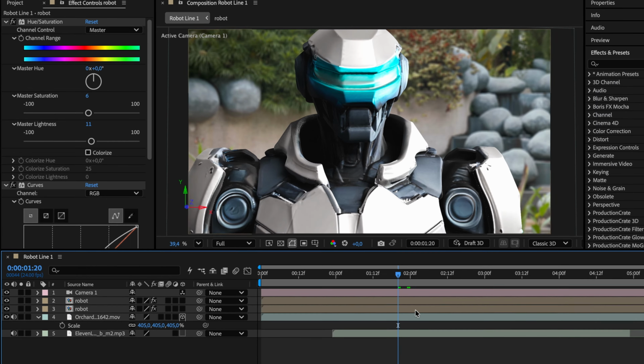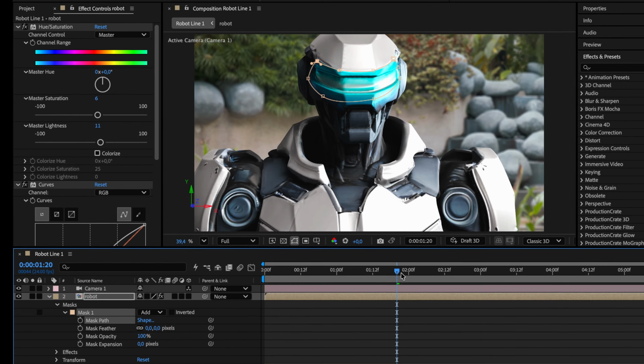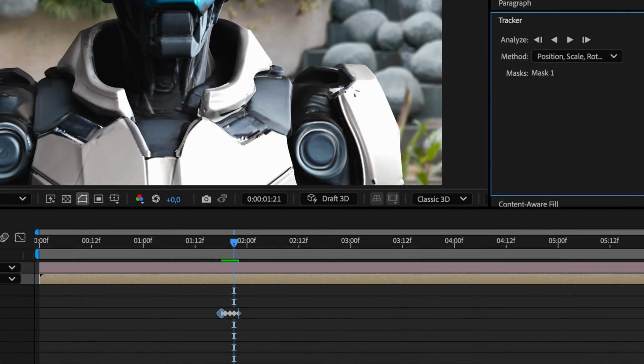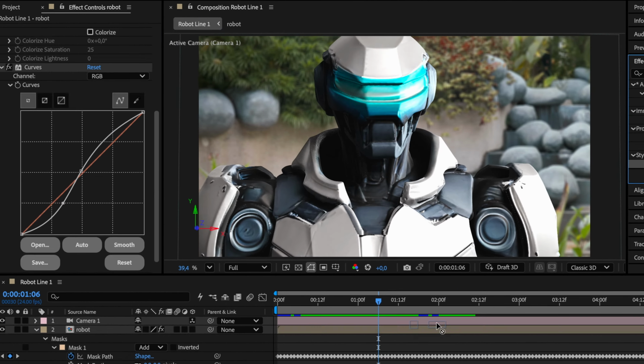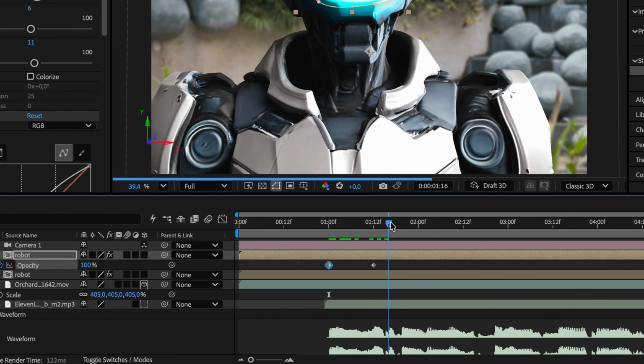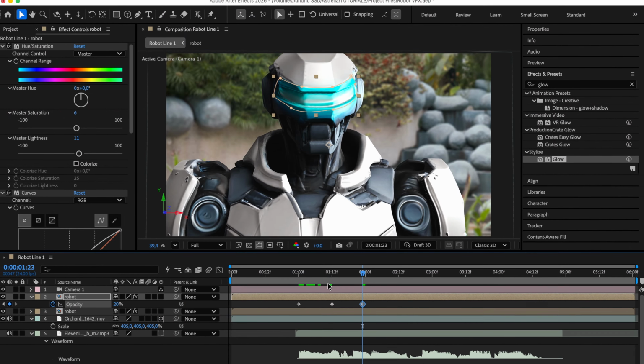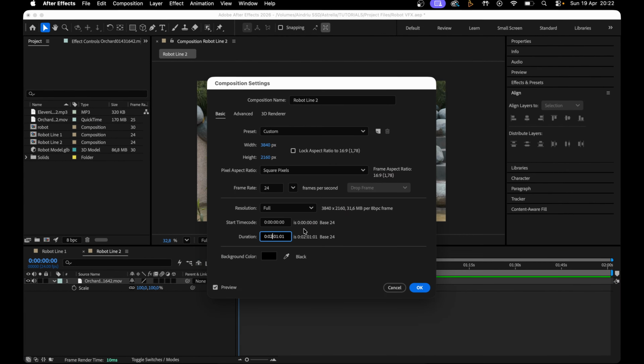I wanted the robot to have more life, so I duplicated the pre-comp, masked around the blue visor strip and tracked the mask, and then added a glow, then keyframed the glow's opacity to fade according to when the robot spoke. For the second shot, when I cut back to the robot, I actually just rebuilt the scene with the same techniques in a second composition,